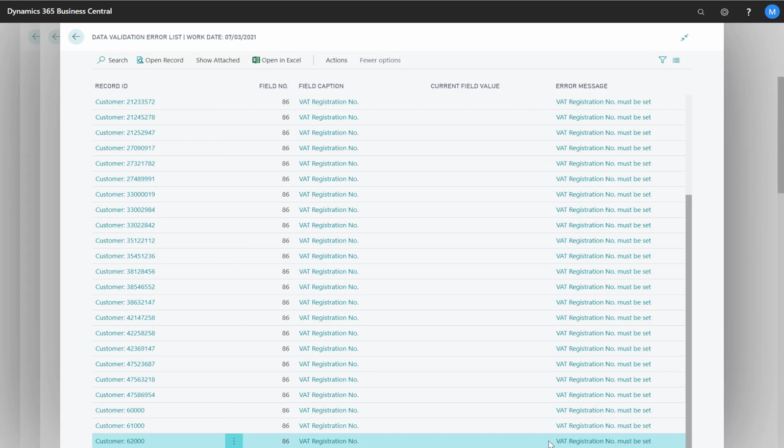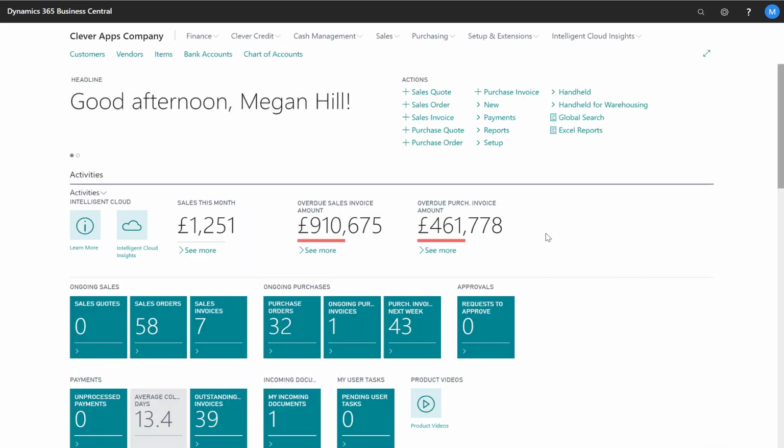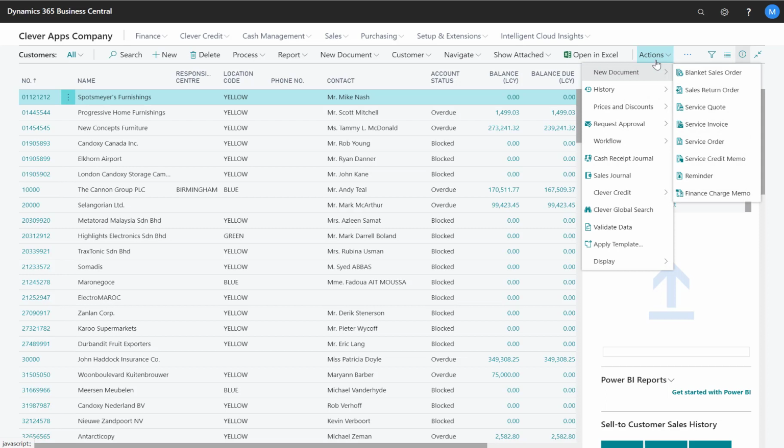Now let's move on to running data validation templates from a list page. So I'm going to go to my customers list, and then I'm going to select Actions on the ribbon. And then from there we can do Validate Data. Now if I select that option, that will only validate the line that I've currently highlighted. If I want to validate all records that we can see within the customers list, I instead need to select